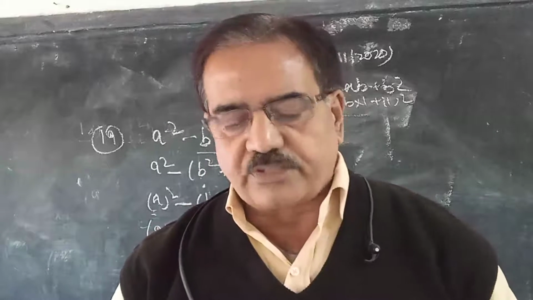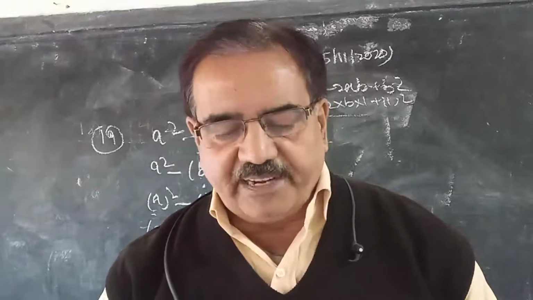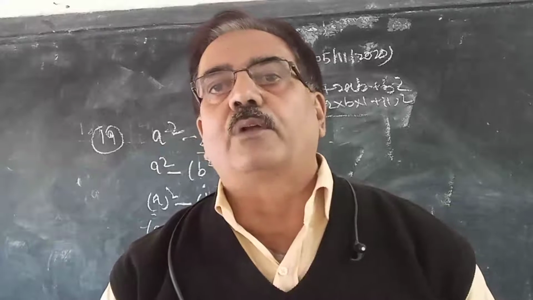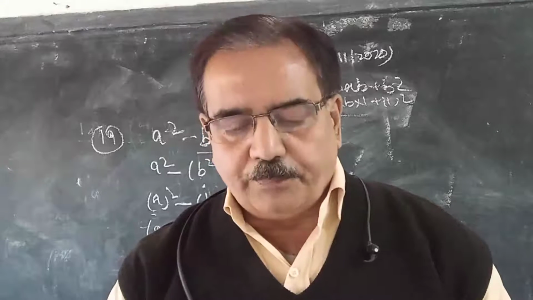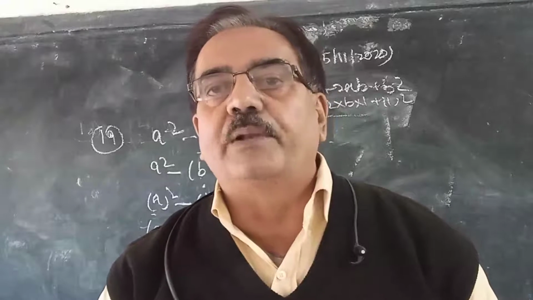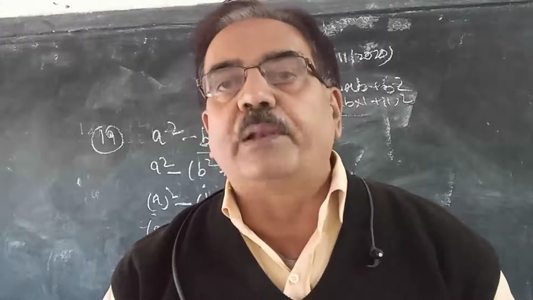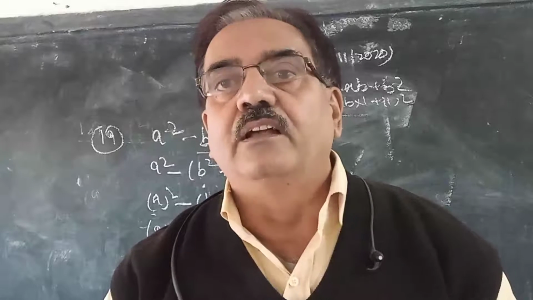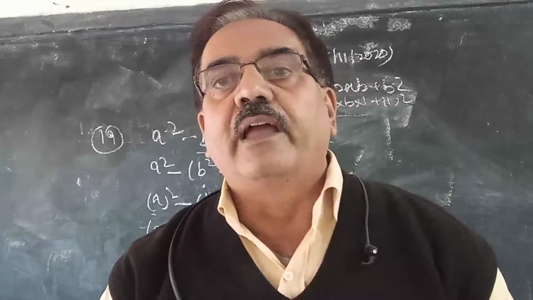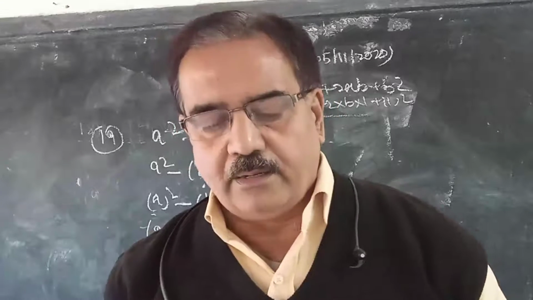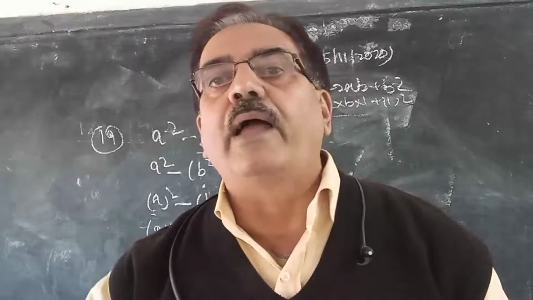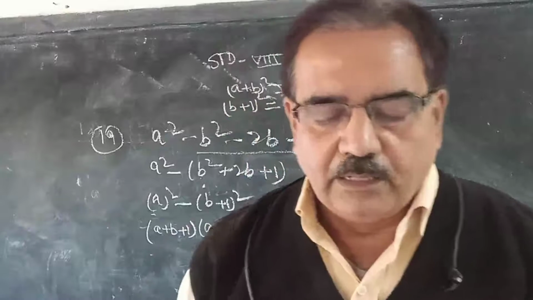One question is left, question number 20, that you have to solve. Given the first 3 terms are based on the formula a plus b whole square, in place of a there is x, in place of b there is 3. So the first 3 terms give (x plus 3) whole square minus (2y) whole square.